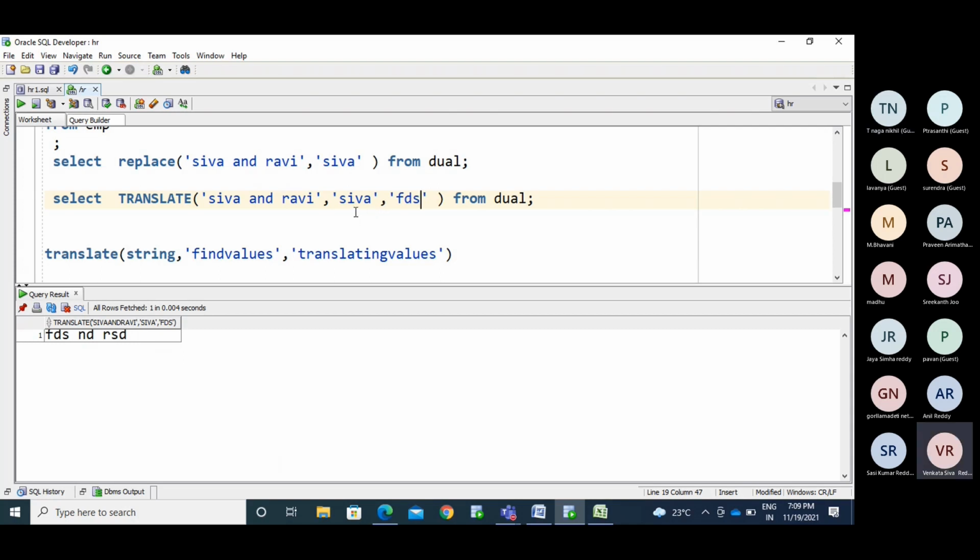Sorry, D we have, right? So I we have here. So R A V I. I is replaced with the D here. So this is about the replace and the translate function.